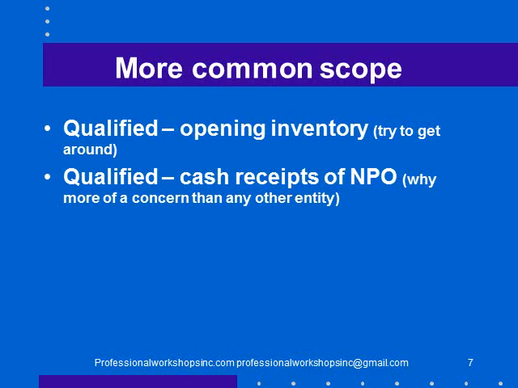And the answer is internal control. The client should be able to and can have good internal control over cash receipts. And if they do, a not-for-profit organization should have every expectation of receiving an unmodified audit opinion. So the auditor should try to do that. Now, certainly there are some NPO clients that just don't spend enough time and effort on internal control over revenue, and they're going to get a qualified opinion.